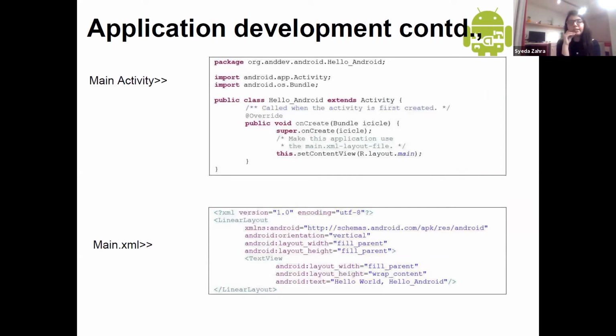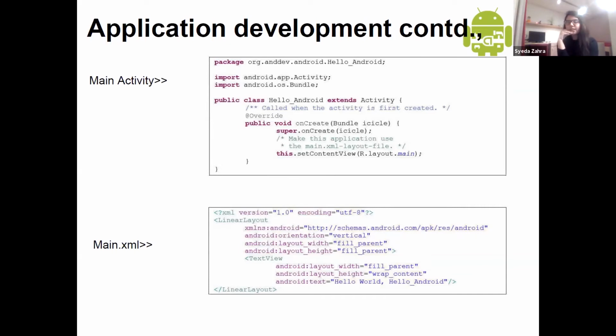And then you will get the main activity and main XML code. And there you just need to write here. If you look at this main activity, here Hello World in Android, the name of the activity is HelloAndroid, which extends Activity. And in onCreate, you can set the content view. You can see that within the method onCreate, there is a method setContentView where we are specifying